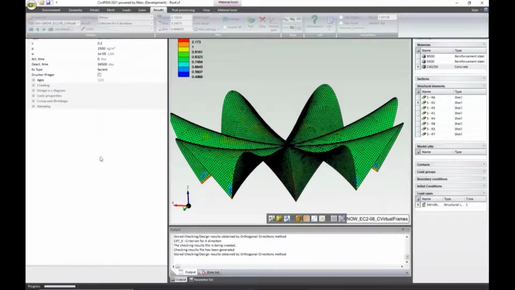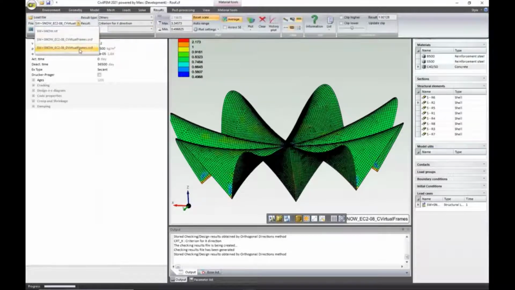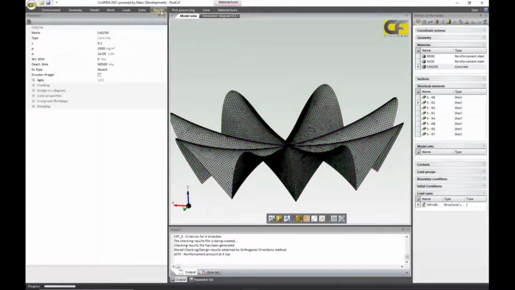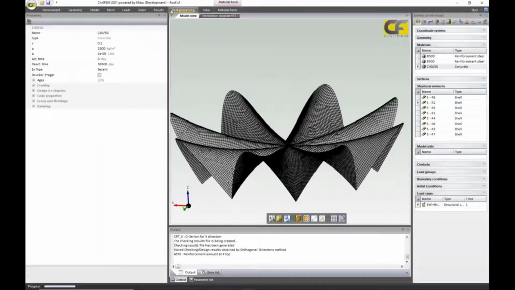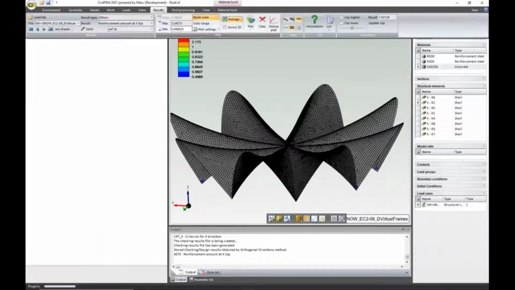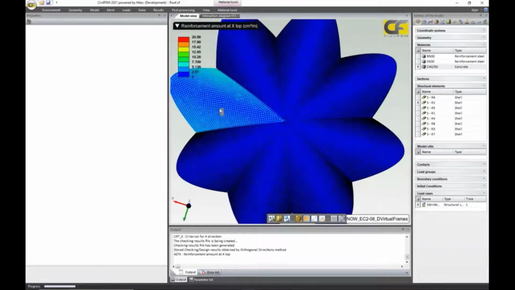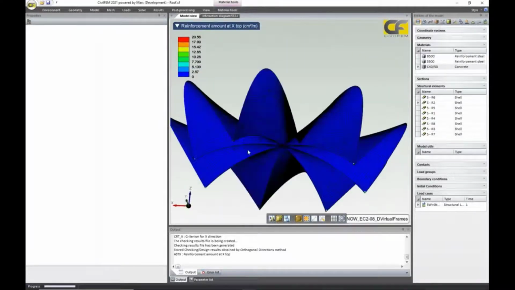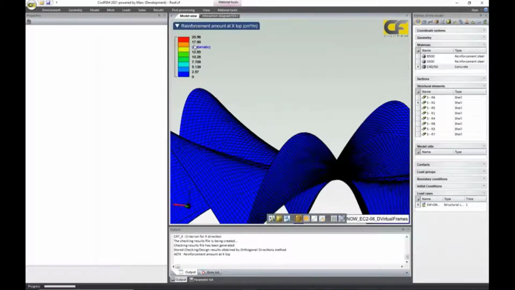Well, here we can see the process. This is the design results. So here I'm going to plot reinforcement top and bottom in centimeters per meter. I'm going to plot the values and modify the range. So we can see that there's no need of reinforcement in most of the model, apart from these points here where the reinforcement amount is calculated, and in this case is 20 square centimeters per meter at those